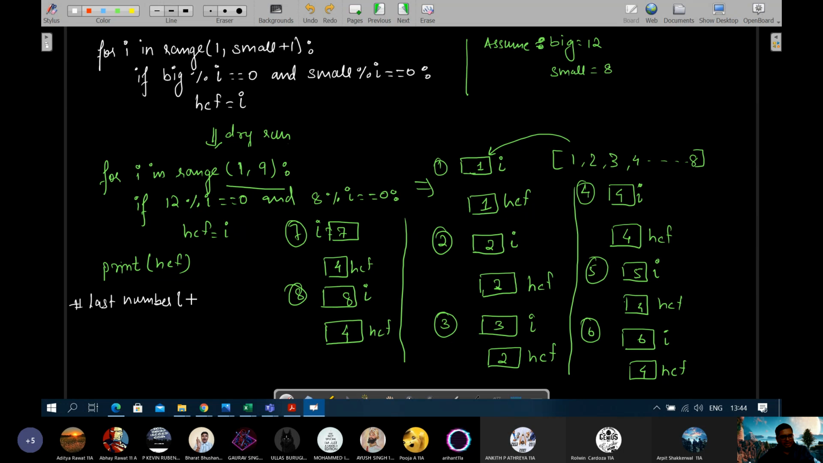Last i, or last value, last number, or the highest, not last, I'll write. Highest number which lies between 1 and the smaller of the two entered numbers,